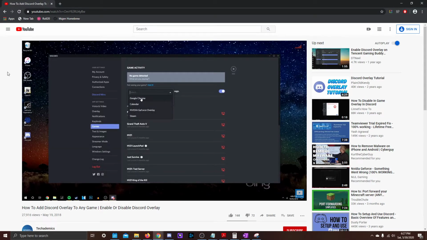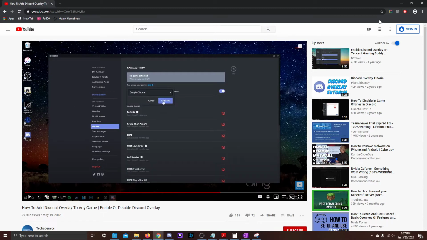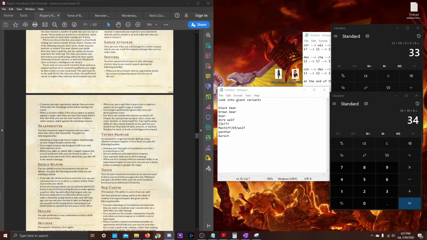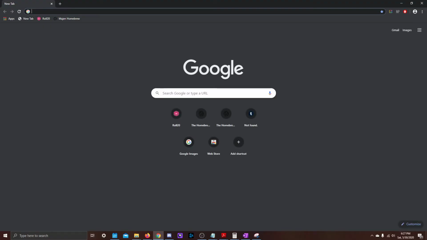Let's close this. I think it's doing something. I don't know what it's doing though. Yeah, I see the mouse freaks out, like it's trying to turn on, but